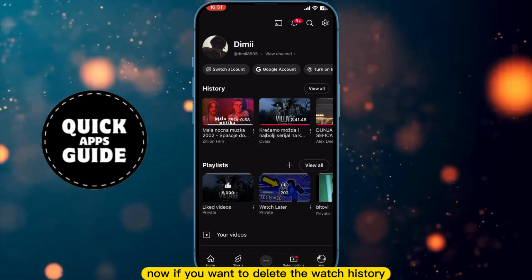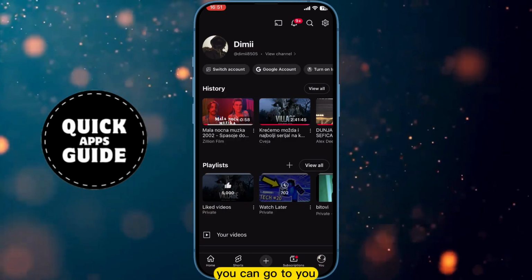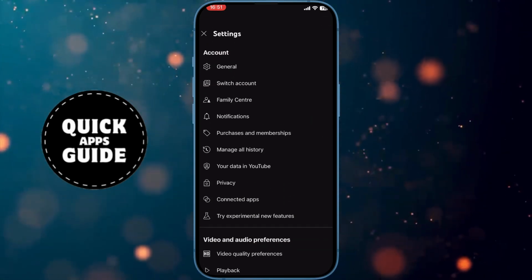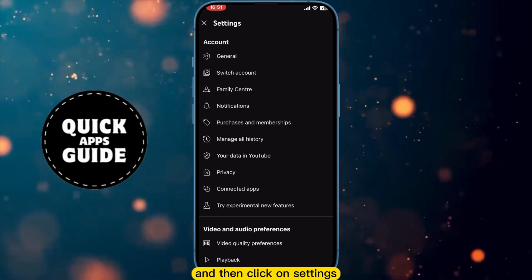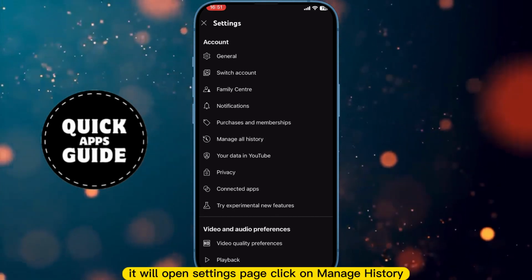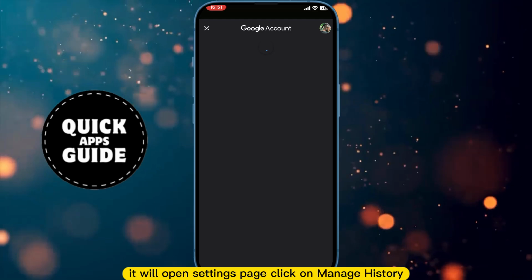Now if you want to delete watch history, you can go to you and then click on settings. It will open the settings page. Click on manage history,